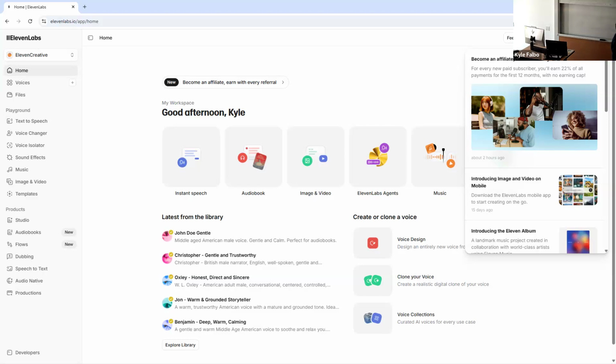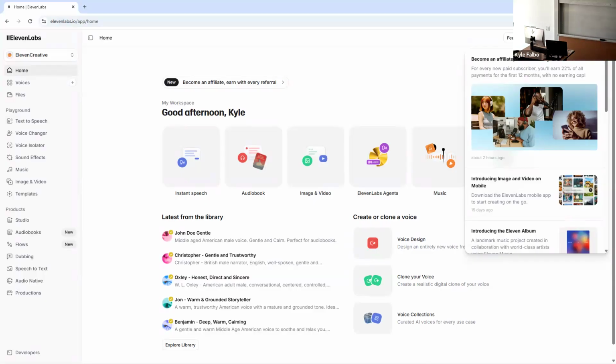They also have a number of voices in their library that you have access to. If you wanted to generate your own audiobook, you could use one of these voices. If you needed a voice overlay for marketing materials, you have access to a voice to produce that content and not have to pay a voice actor to do that work.